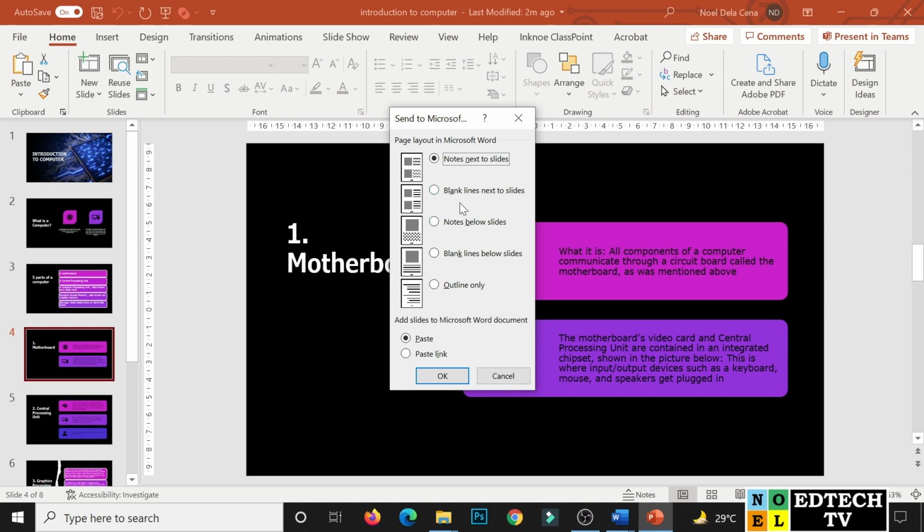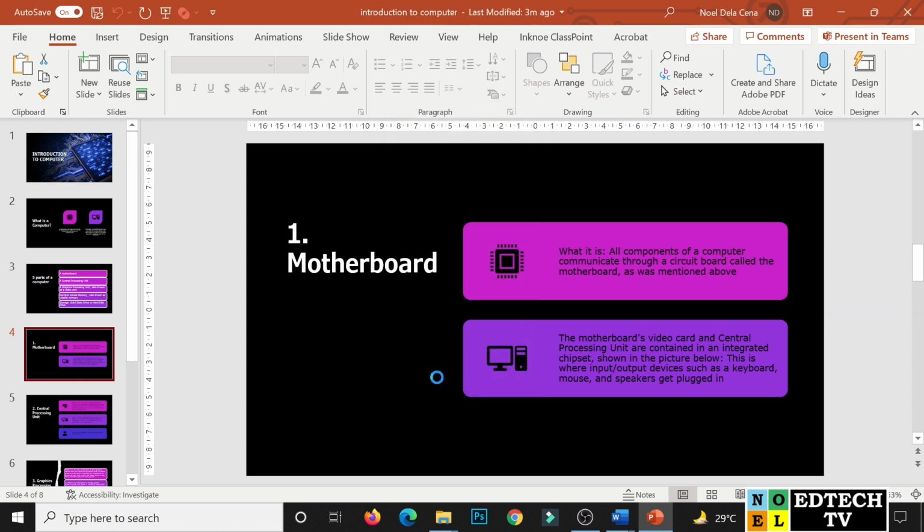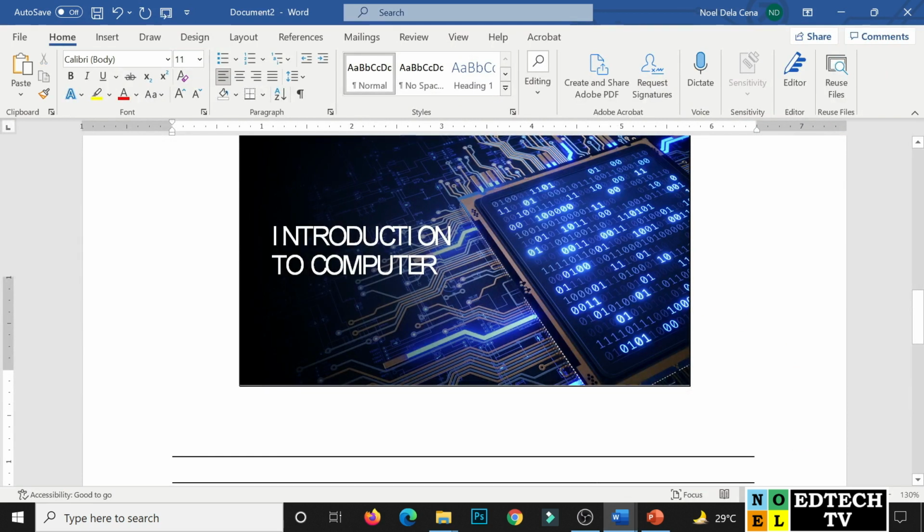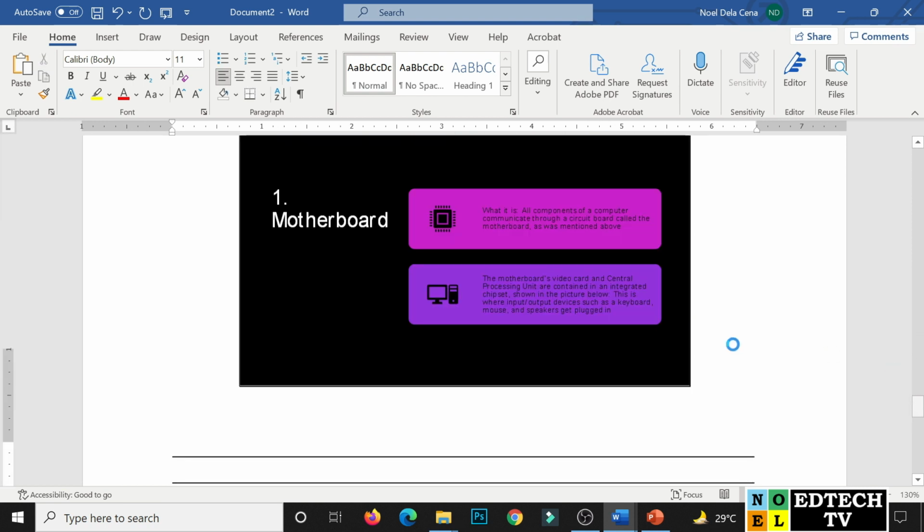So, blank lines next to slide or pwedeng itong blank lines below slide. So, piliin natin dyan or kahit alin dyan sa gusto nyo. Then, click OK. Then, the PowerPoint again will convert your Microsoft PowerPoint to Microsoft Word. But this time, the slide only. So, nag-click na siya. Ayan ho, yan. So, na-convert niya ang per slide ng Microsoft PowerPoint to Microsoft Word. But this time,